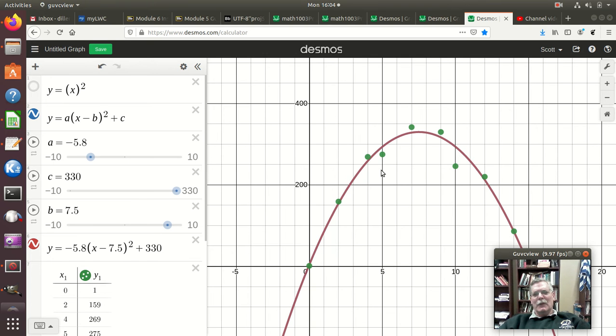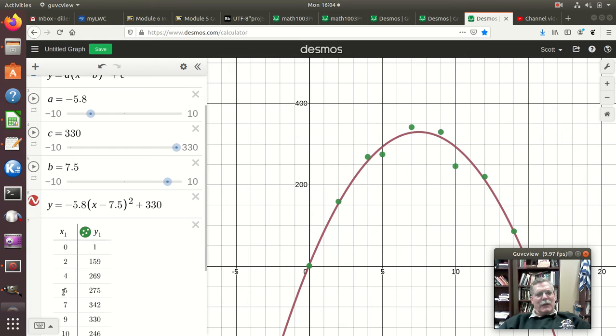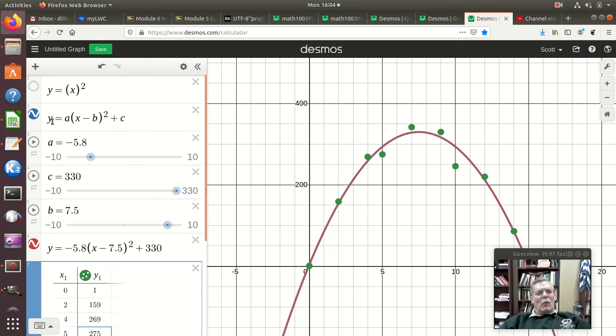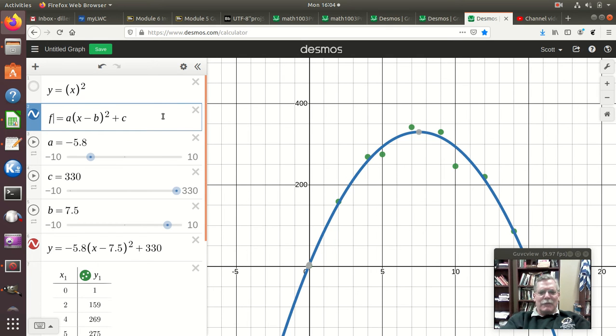And so for instance, I know I've got at the value of 5, according to this, I have 275, but what did the model predict it would be? How far off are we? And the way to handle that is actually instead of writing y equals here or here, we could do it either place. So back here, if instead of starting off with y equals ax, I use the f of x notation